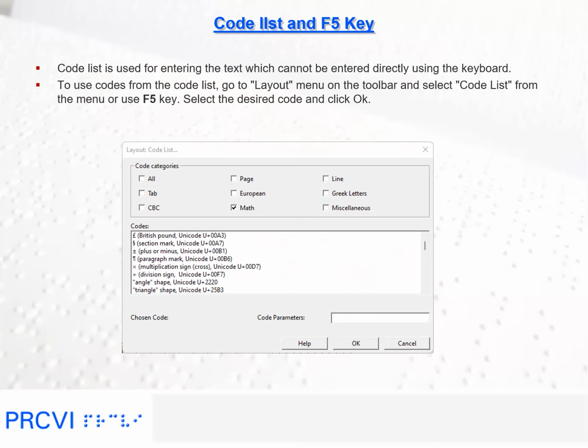You can find various math symbols, Greek letters, etc. under the list. Code category All displays the entire list of codes. By choosing a specific code category, the list is shortened to display codes pertaining to the chosen category.